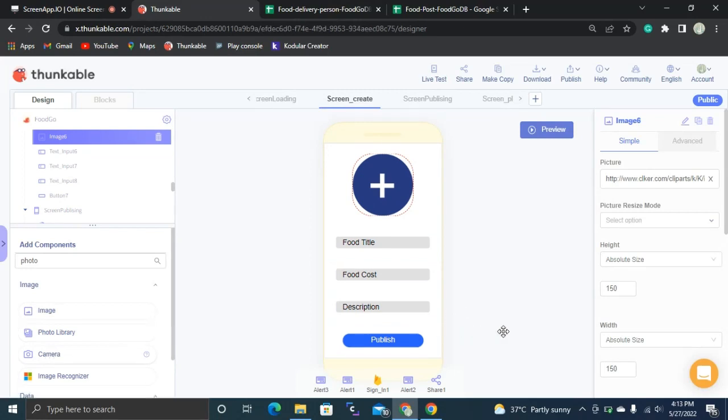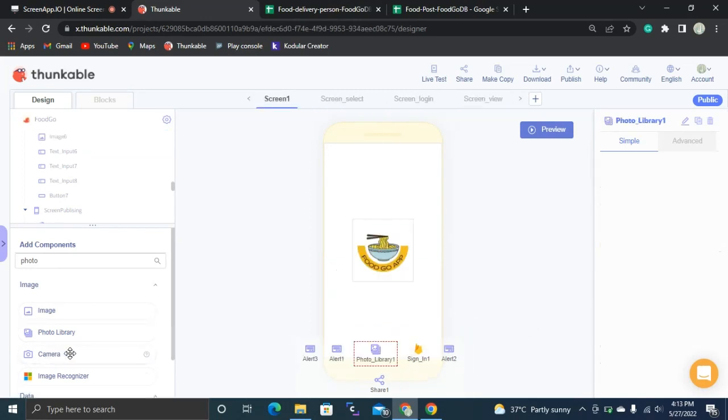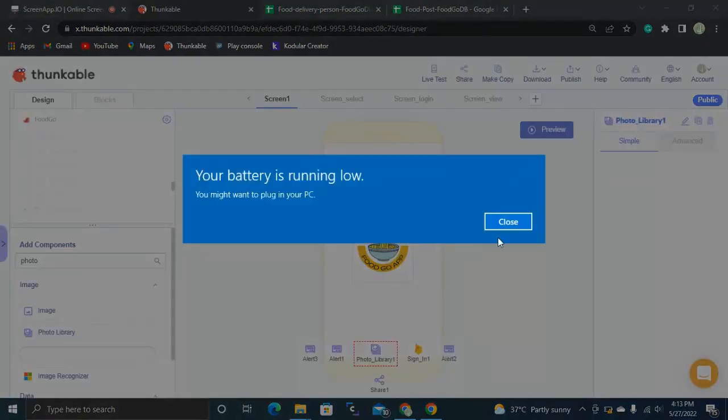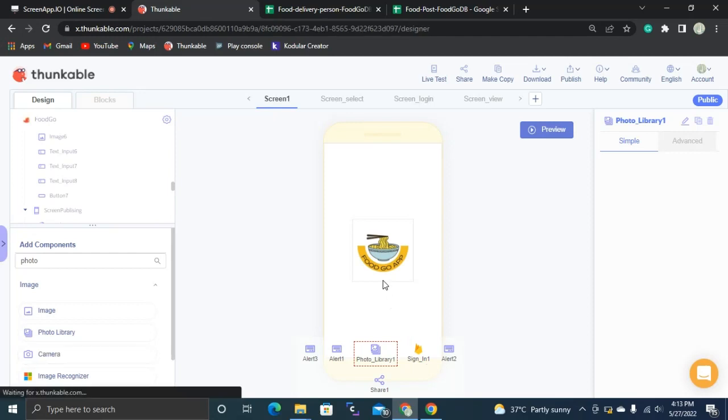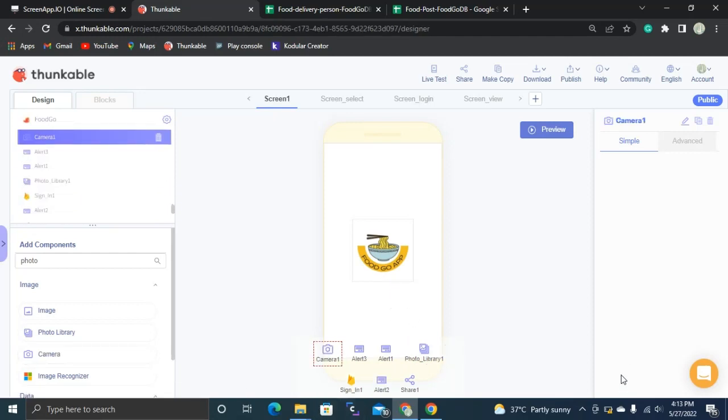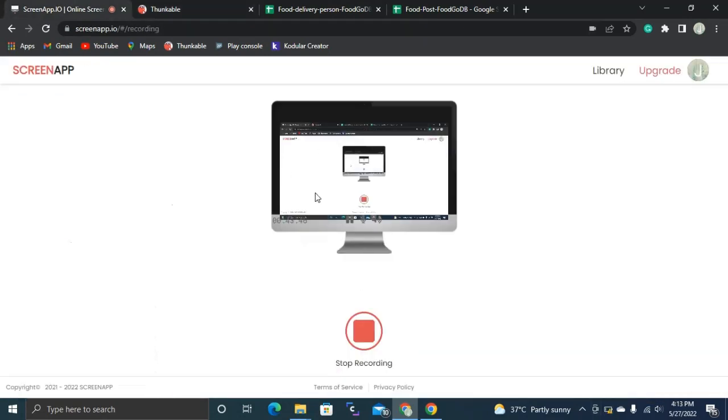Okay, I think the photo library has been imported. Yes, then we need a camera. Battery is low. Okay, then we need a camera. Okay, the camera is imported successfully. So then what we need to do means,